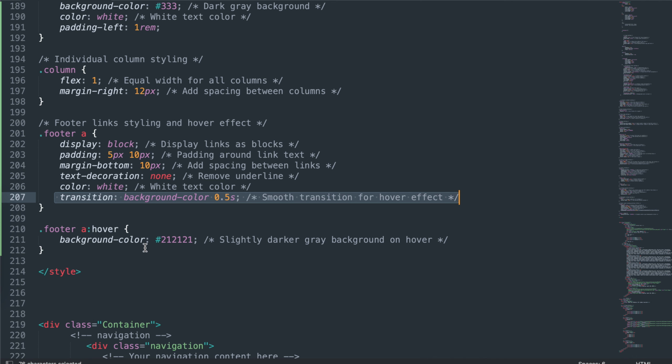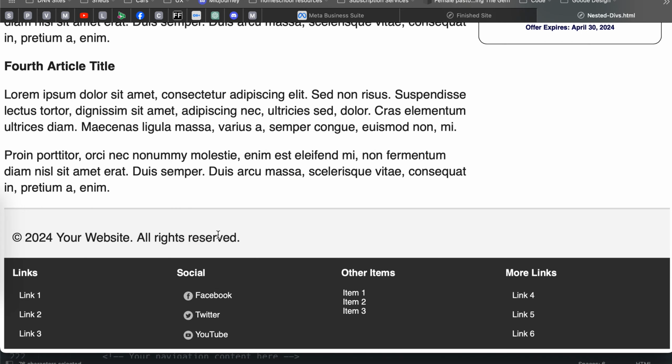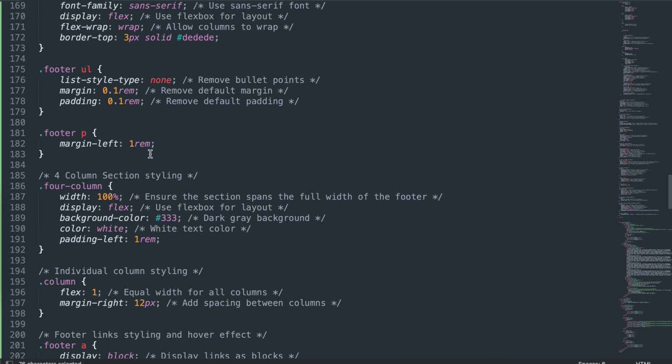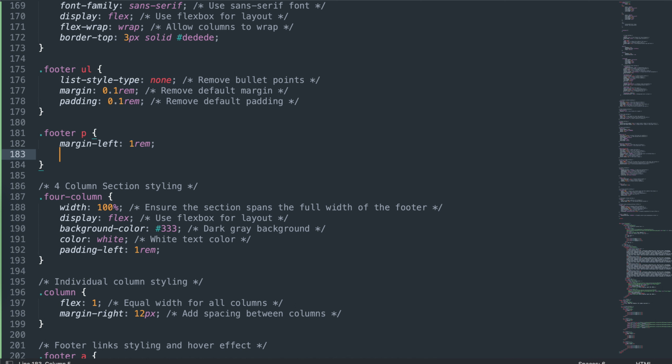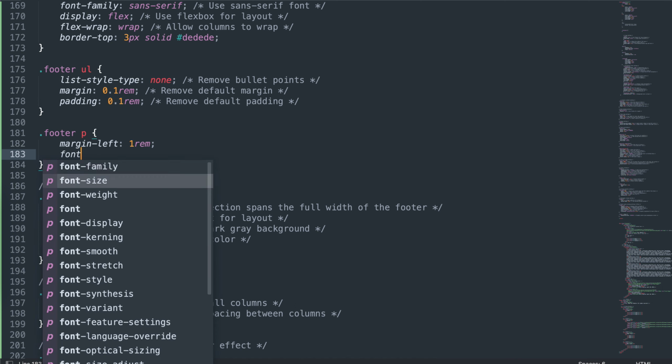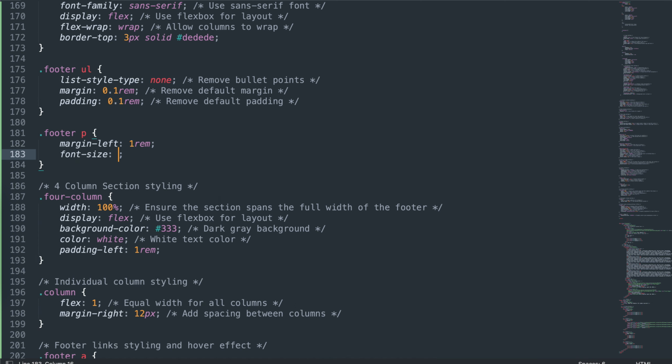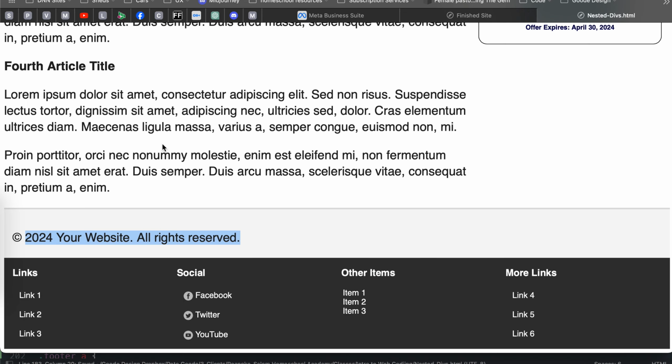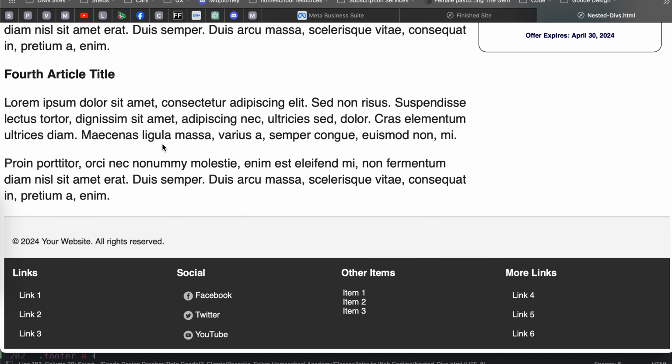Okay? So I want you to work on trying to get that up and running so that you have this footer. Maybe you want to take this footer paragraph text and make it a little smaller. So let's go find that footer P, and we'll say font size is, let's say 1 rem. So let's save it, and there you go. Now you got a little bit more